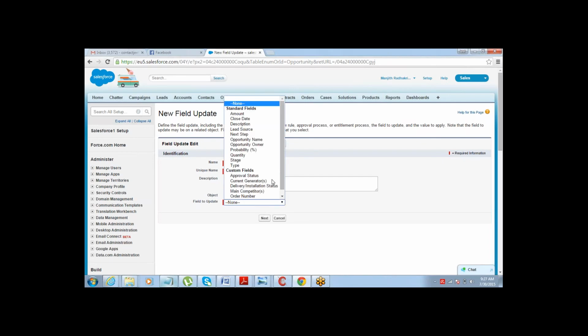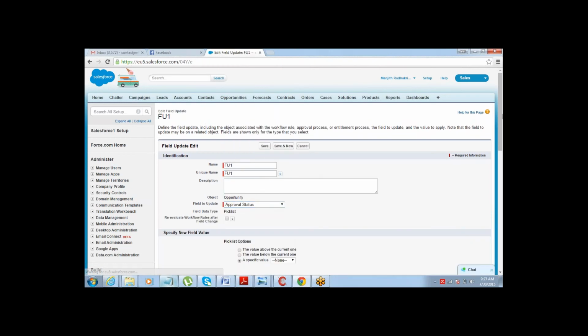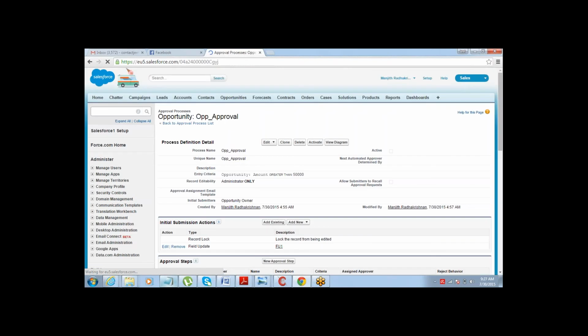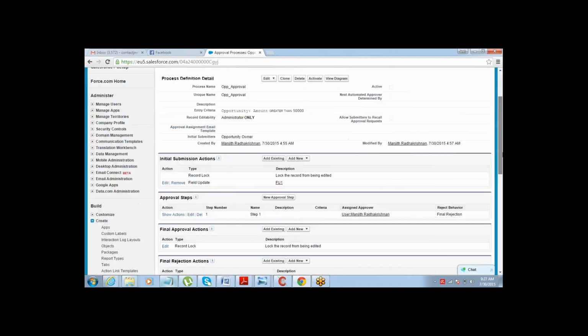Just give it any name for the update. Which field do we want to update? Approval status. I want to make it pending. Save. So initial submission action is to update that field to pending.